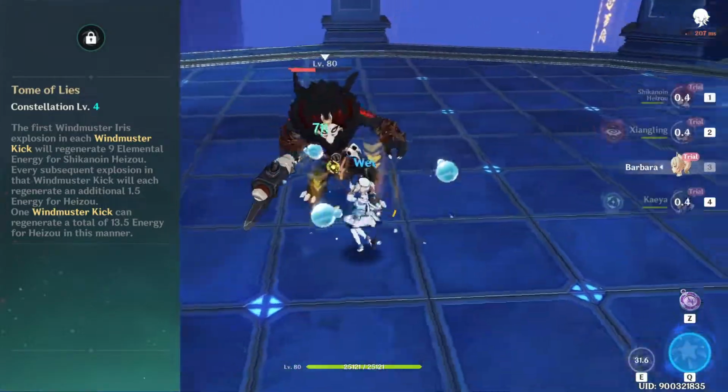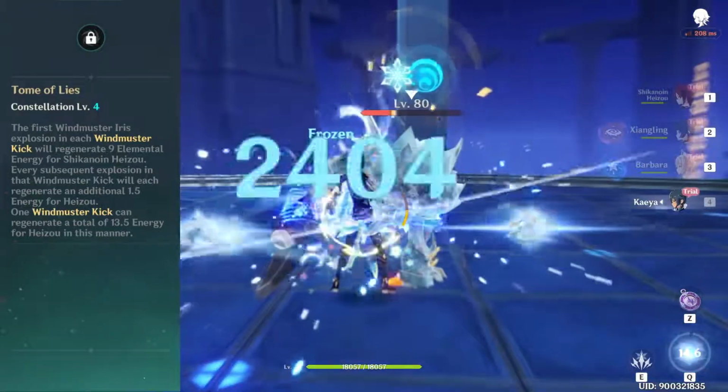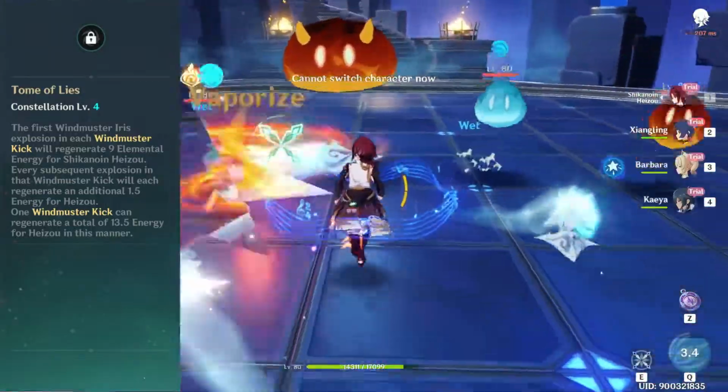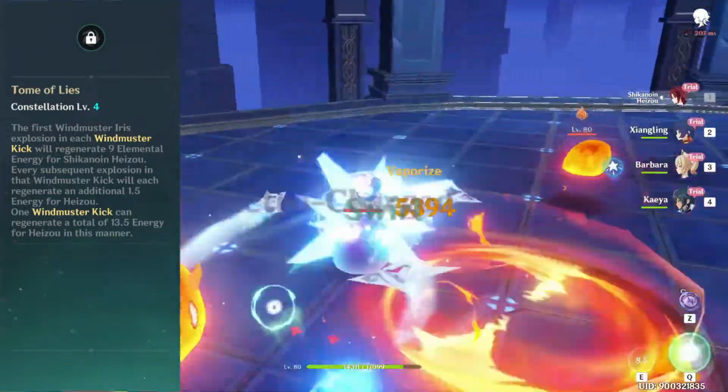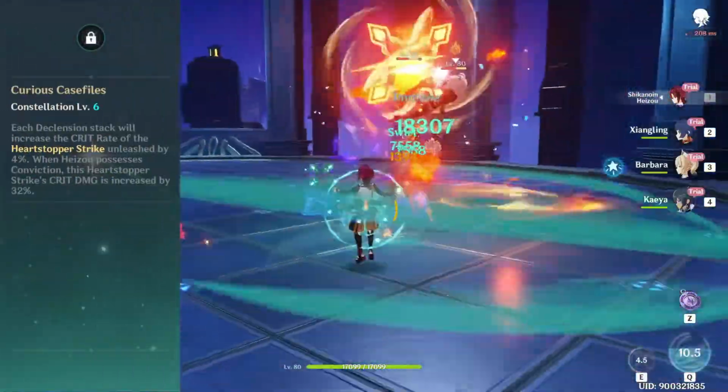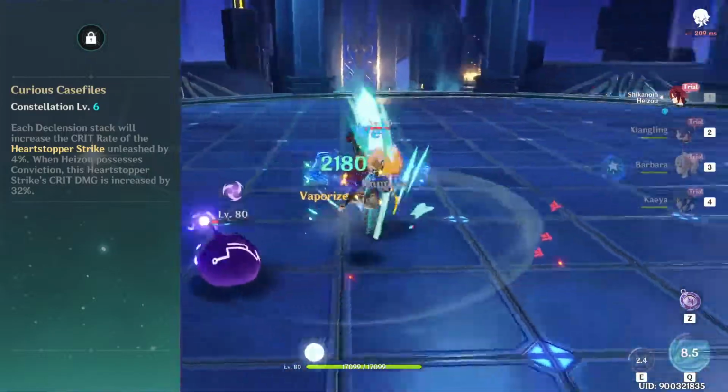So this is a great constellation if you just want to smoothen out his play style and usage, making his burst a little bit easier to use, get it faster, lower cooldown, just kind of spam it all the time. And then going on to C6, each declension stack on his elemental skill will increase the crit rate of